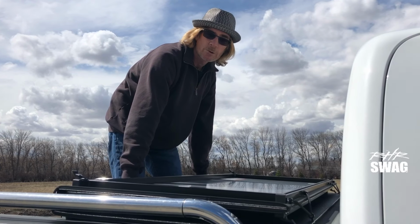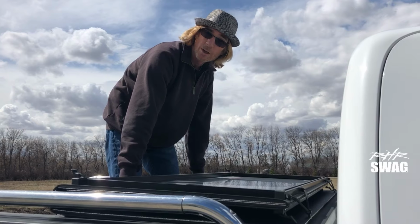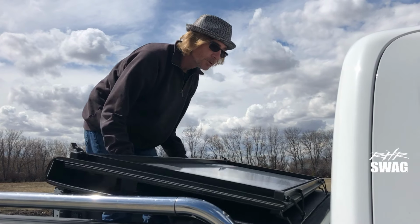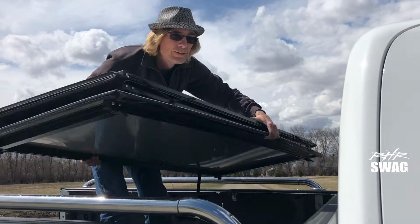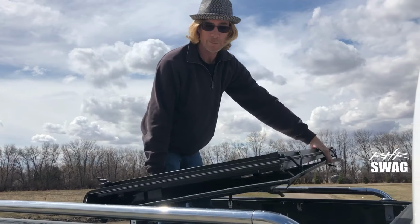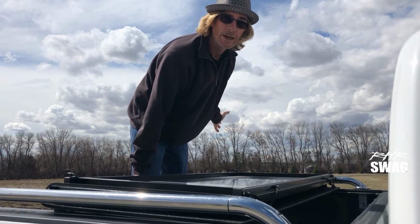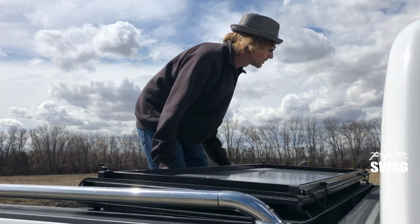So you can run with your truck like this, where it's 3/4 open, or what I really like about it too is you can totally remove it in seconds, and it's not very heavy at all. I'm only a 130-pound guy. Then, if you need to totally use your truck bed, and then to reattach it, it just slides right up here,